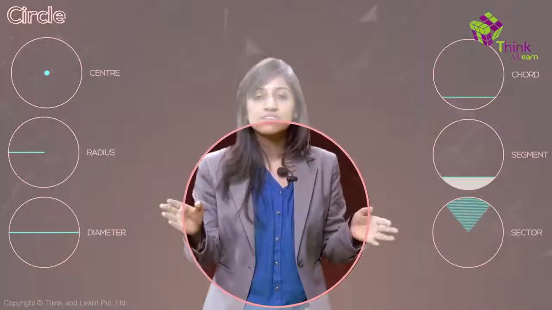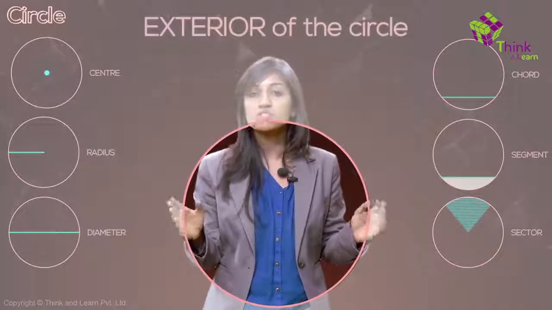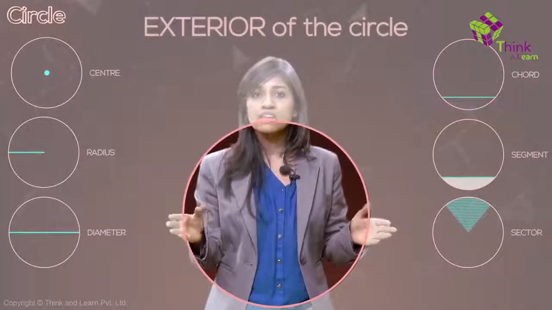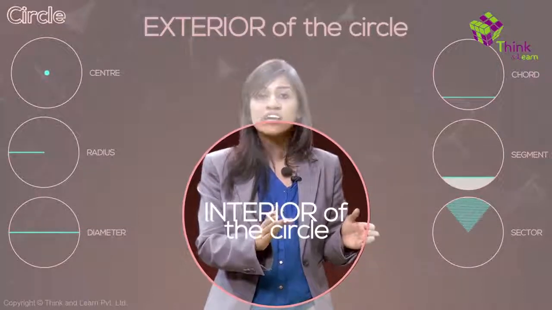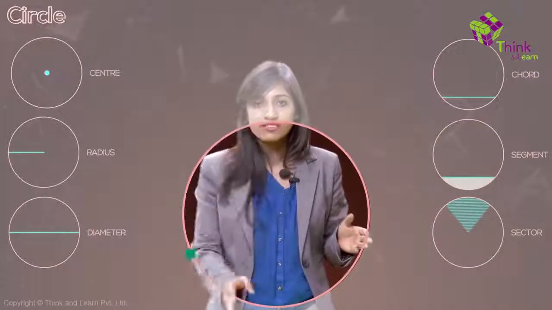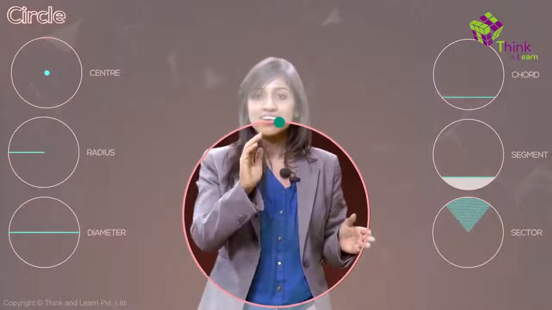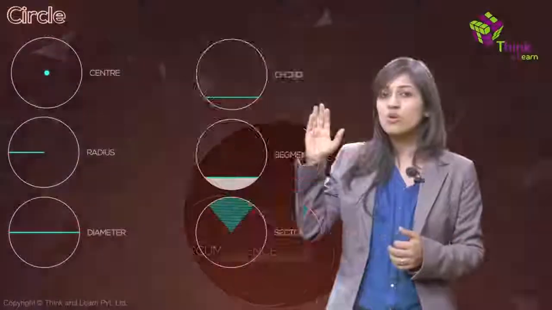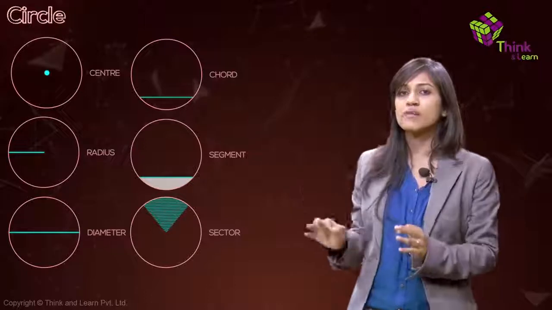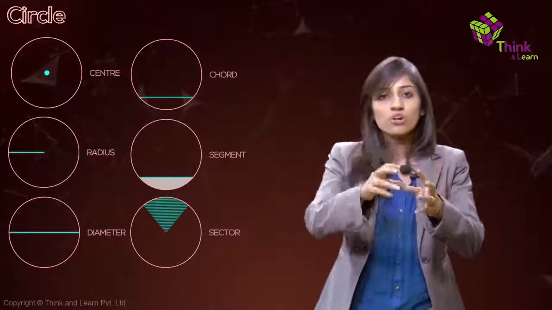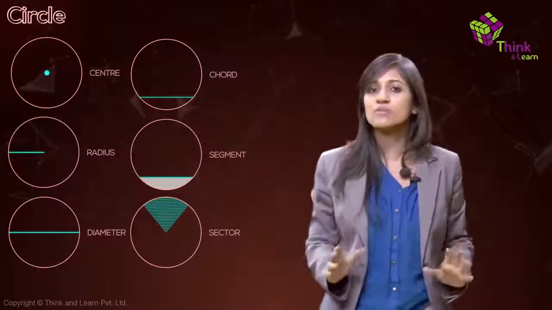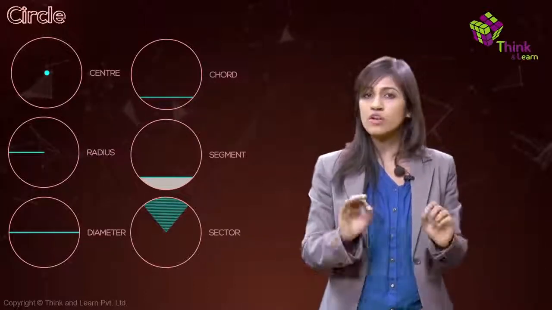Whatever is outside the circle is the exterior of the circle because it's outside. And this is the interior because it's inside. And finally, this is the circumference. Take a look over here. All the parts are named. Pause the frame. Take your time to digest all the different parts of the circle. It's really simple. No hard words if you think about it. Very logical words,